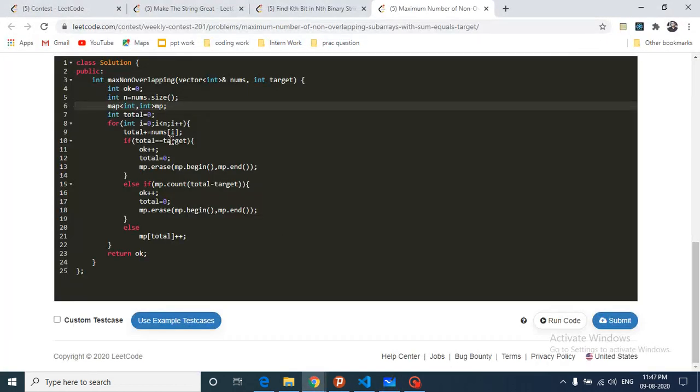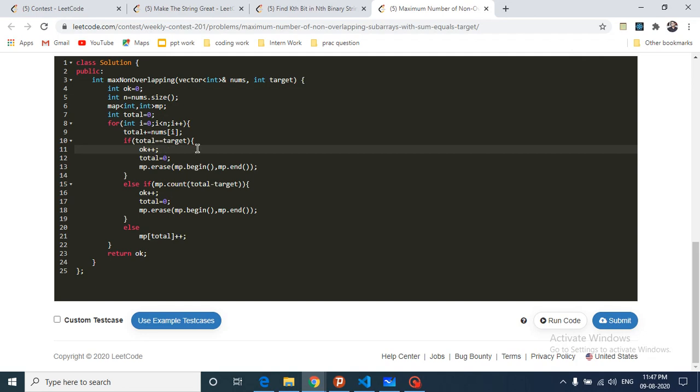If you take this as a subarray, then the count, which stores the total number of subarrays, is incremented by 1, and because you have taken this whole backward subarray as 1, you will clear out everything. Clearing out everything means that the rest of the nums will be a new part. So how can you do that?